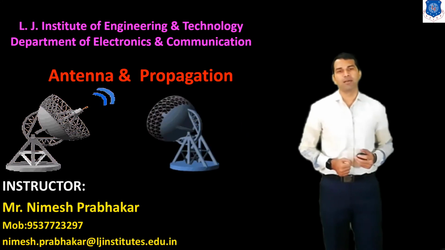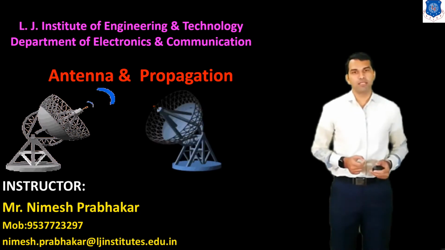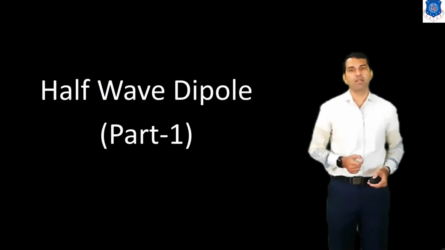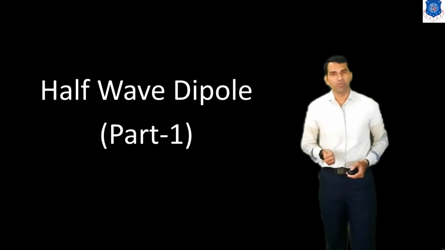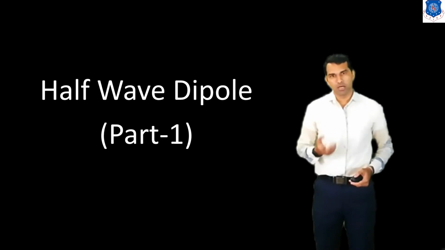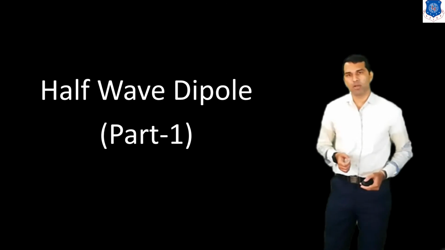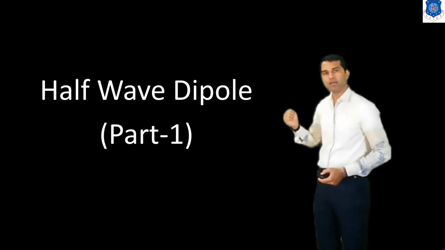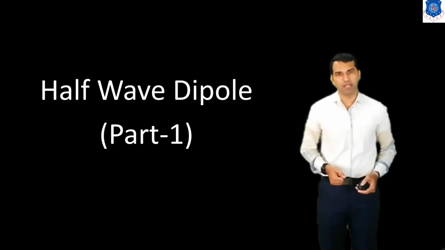In my previous lecture, we discussed the monopole antenna. Now, in this lecture, we discuss the third type of dipole antenna, that means the half wave dipole antenna. We know that there are three types of dipole antenna. First is the oscillating dipole, that is nothing but the Hertzian dipole. The second is the small dipole antenna. We also discussed the monopole antenna. And now we discuss the last type of dipole antenna, the half wave dipole antenna. In this lecture we discuss part 1 of the half wave dipole antenna.